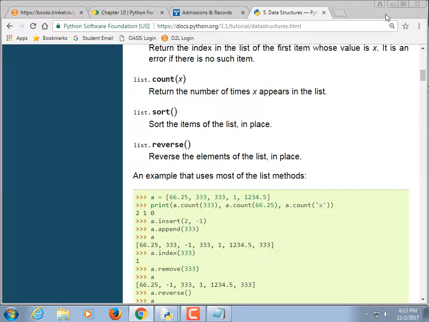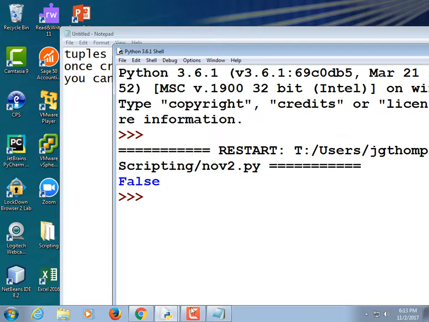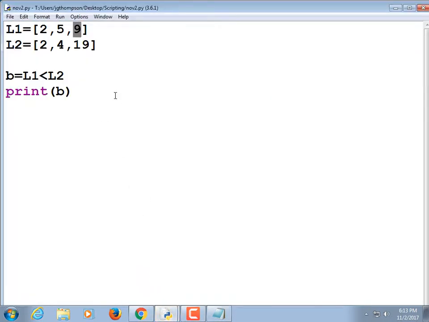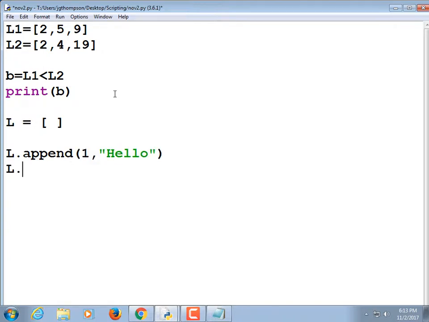Well, let's play with it. Let's go back to our code. It's always educational just to kind of flounder around. Let's make an empty list. L is equal to empty list. Let's start appending things to it. L.append 1, comma, hello. L.append 3, comma, goodbye. L.append 2, comma,